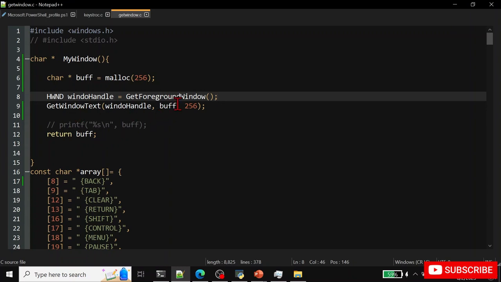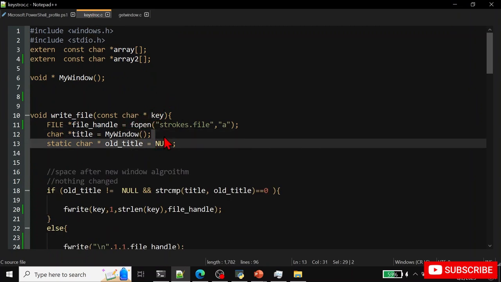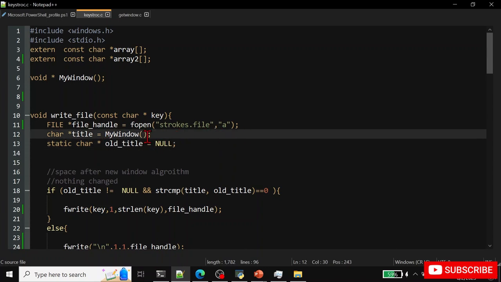So it's very easy. So every time a key gets sent to this function, it will call the my window function to know which window was open at the time the user pressed that key. Okay,